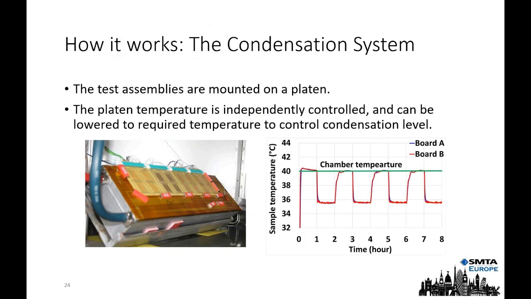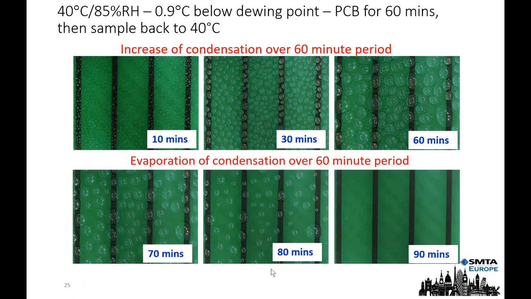This photograph on the bottom left just shows an example of one of the platens with test boards in place, and the typical signature in terms of measurement you would see over time. So it's the sample temperature and the actual board and the relationship to it. And as you can see, it's quite controlled in the amount of change that's taking place. This is an inside view, so basically a camera mounted inside the test chamber looking at the surface of printed circuit boards and the amount of condensation.